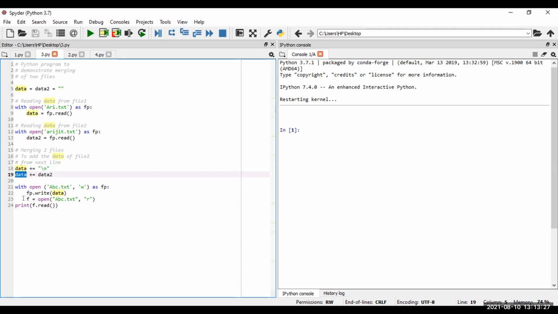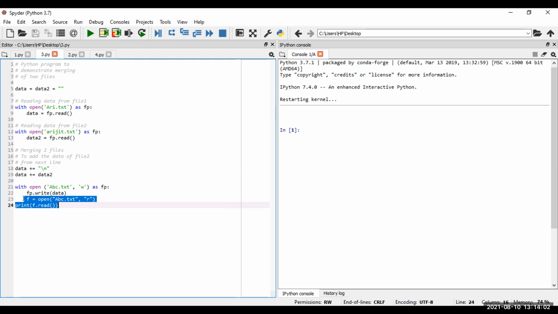And now in the last portion, we are again reading the new text file to check whether the data of the first file and the data of the second file have been appended, merged, and are showing in our third file or not. To check it, we use this last line of code: we read the file again and display the value to check whether it is working. So this is the simplest, easiest way to merge two files into a new file.